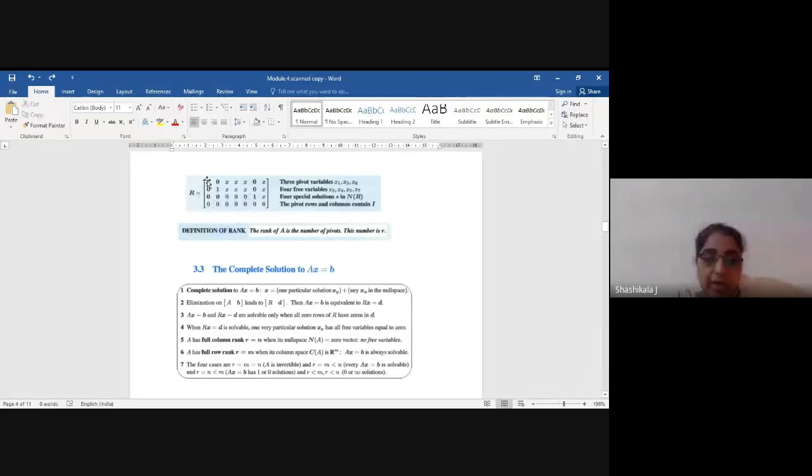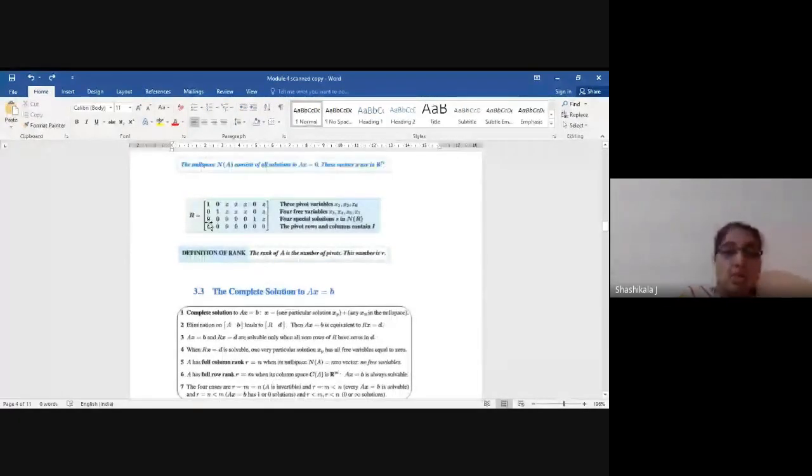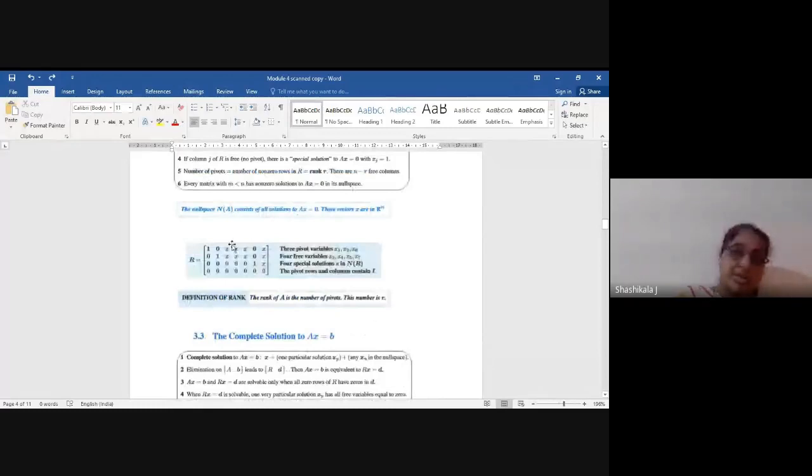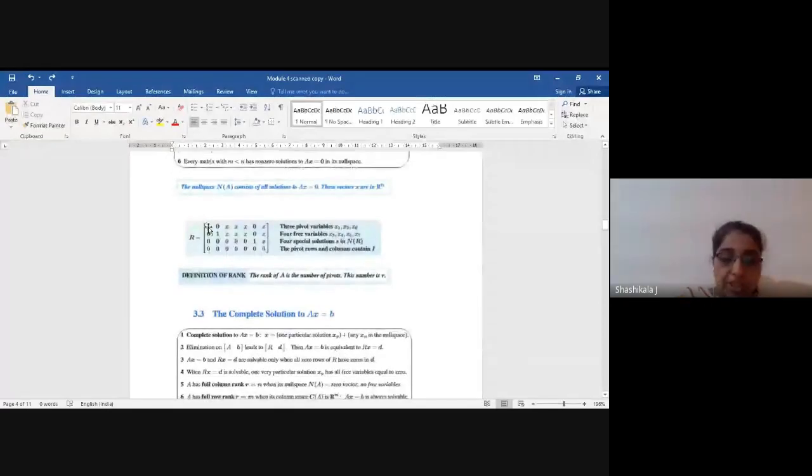How will you verify? It is the first non-zero element. These pivots will become your basis. One more word I'm introducing is basis. This is the row reduced matrix, and columns 1, 2, and 6 of the original matrix will form your column space. These are important to give the solutions. Whatever solution you get with these pivot variables is called a particular solution.